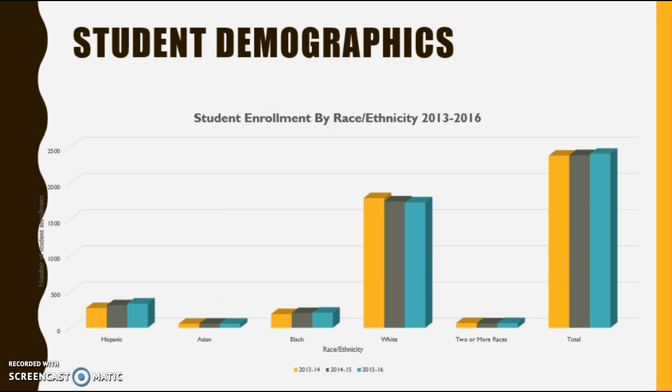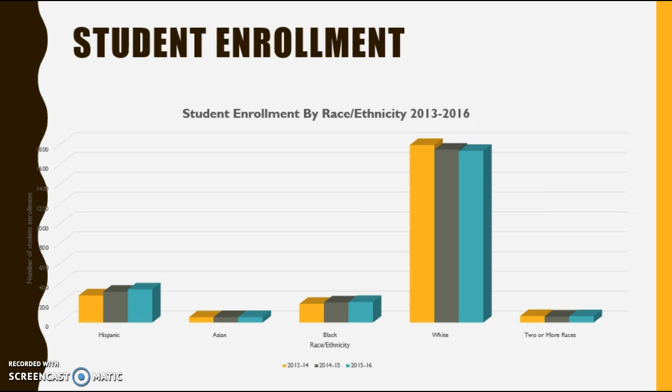Here's our growth with the breakdown of race and ethnicity over the past few years. Let's look at a smaller scale. So let's take out the total to get a better view. What's interesting about this is that you'll see that our minority population, specifically Hispanic and Black students, has been growing steadily every year. In contrast to that, the amount of white students that we've had has been decreasing. So our minority population is growing, and it's mostly pillared by the Hispanic students.